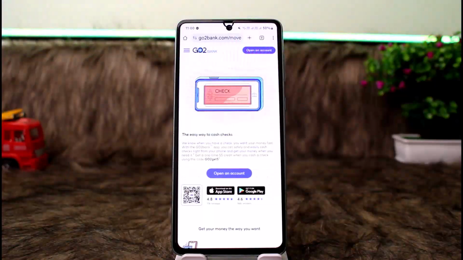This is me, Snap, and in this video I'll guide you on how you can deposit a check on GO2bank. Well, the process itself is pretty simple and easy, so let me guide you through. Now here I'm on the official help page of GO2bank, so here I'll just be guiding you through if you